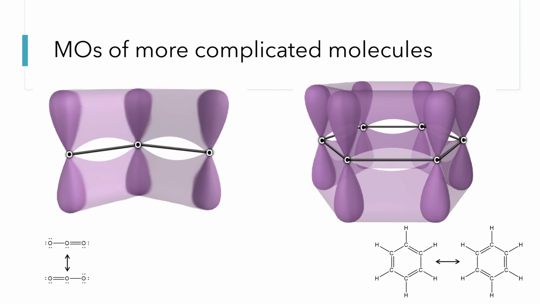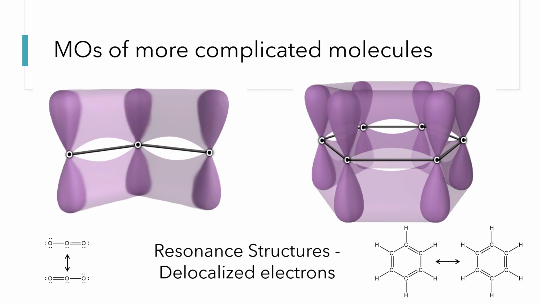And that ring of electron density is both above and below the plane of the molecule. Since the p orbitals all have 2 lobes, we end up with 2 essentially donuts of electron density, one above the plane of the carbon atoms and one below. If you're drawing Lewis dot structures and you need to draw resonance structures, that's a pretty good indication that you're going to need molecular orbital theory, and you're going to end up with electrons that are delocalized over at least a portion of the molecule, if not the entire